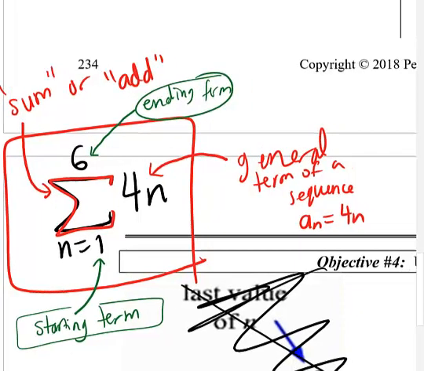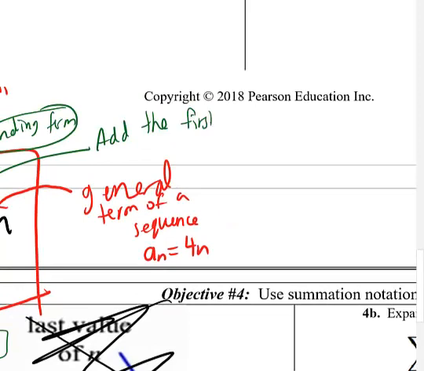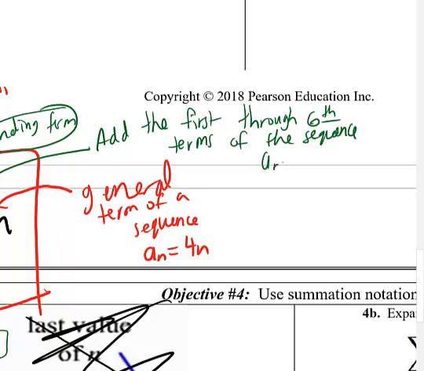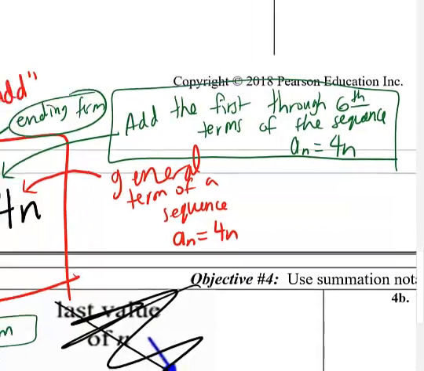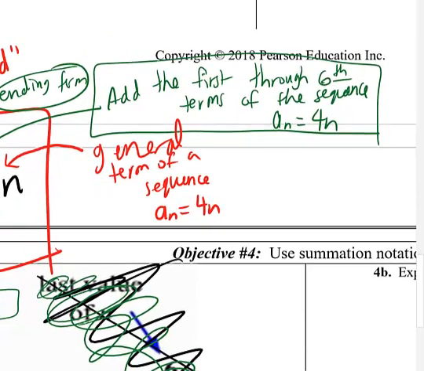So really what this little symbol with all the numbers says is we're going to add the first through 6th terms of the sequence a sub n equals 4n. That's kind of the only difference between the summation notation that we're learning right now as opposed to the sequences we've been dealing with so far. The summation notation still tells you to find a certain number of terms of the sequence, but in the end you're not just listing those terms, you're going to add them all together,